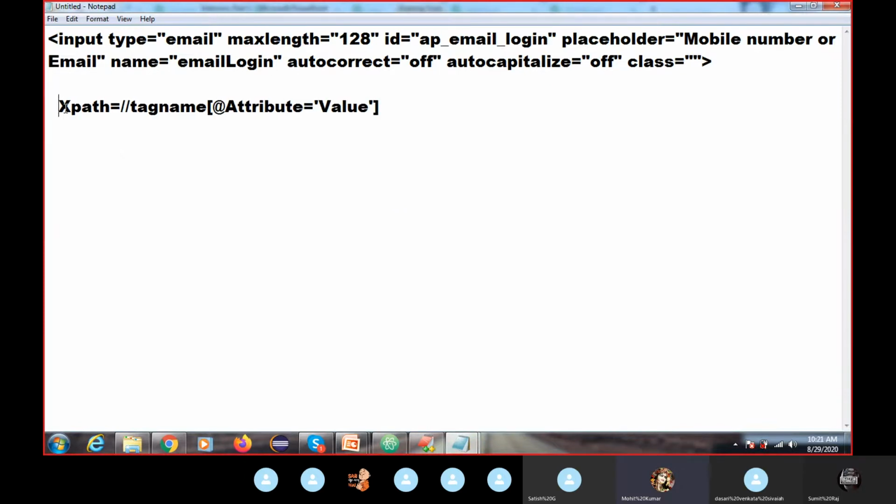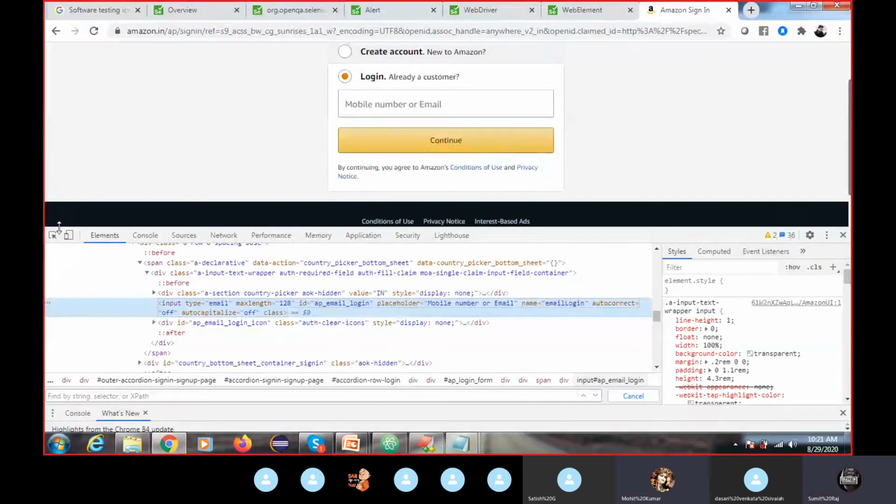I'm removing this. This is how to write it. Now what is the tag name here? Input.